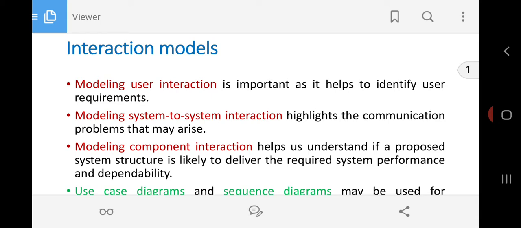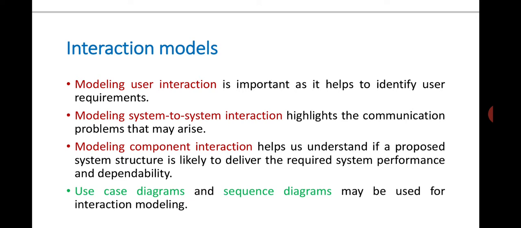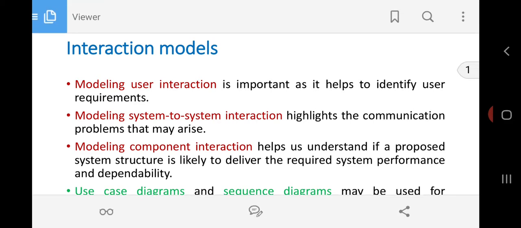See, for example, when I am talking about the ATM, withdrawal of money is a kind of functionality. When you represent this withdrawal of money in terms of an interaction model, withdrawal of money in an ATM is not a single interaction. There are so many different interactions that will be taking place between different parts of that particular ATM. If you just try to imagine you are standing before the ATM, have a look at the different interactions which are going to take place.